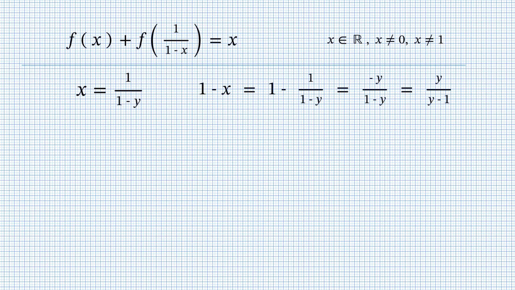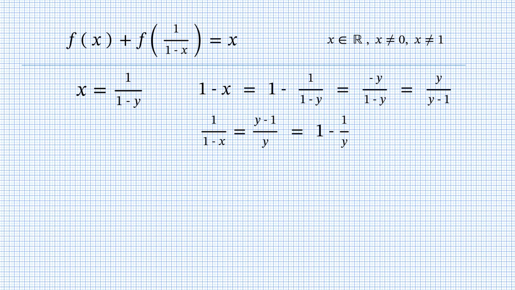Start with 1 minus x, and we can see that 1 and 1 cancel out, and we get minus y in the numerator. In order to get positive y, we multiply numerator and denominator by minus 1. What we need is actually 1 over y minus x, so the expression has to be inverted, and after dividing term by term, we get 1 minus 1 over y.